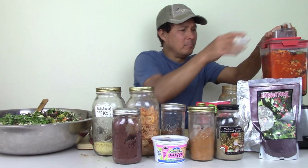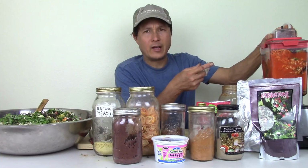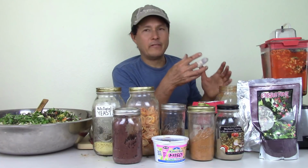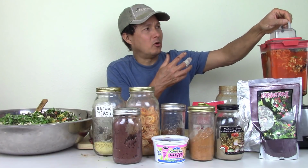Unlike other vacuum blenders, the Blendtec vacuum blender is really cool, because unlike other vacuum blenders that basically pull a vacuum and then stop, this blender keeps a vacuum on the whole time. So this is the most vacuum pulled of any vacuum blender, and it's also pulling vacuum while you're actually blending,